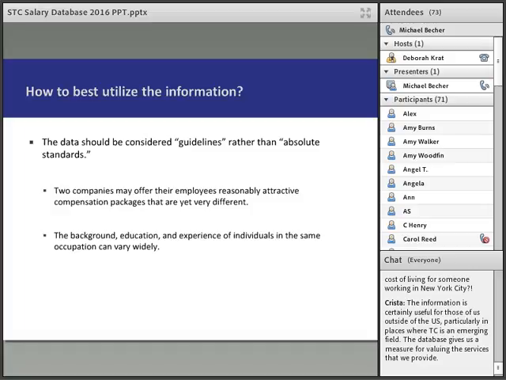So when you're looking at this information, that's just some things you need to keep in mind. It's not all just about that salary number. There are a lot of different benefits that come from employment, whether it is retirement or healthcare or an office with a window or whatever that might be. There's a lot of things that go into a compensation package that aren't necessarily salary-based.